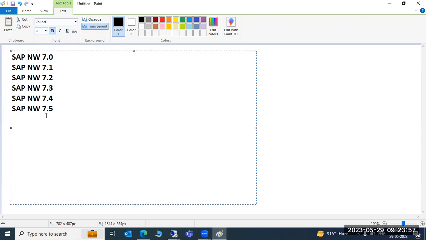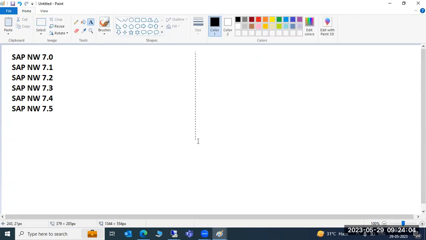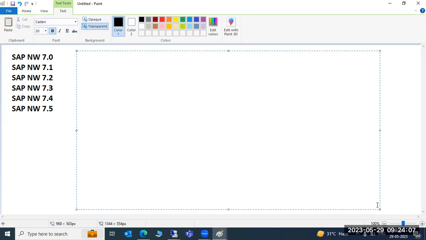So like that we have a number of versions in the market. But here, as part of our course, we will discuss the latest versions only. If I talk about ECC, we will discuss the ECC 6.0, EHP 8 version. Then SAP NetWeaver 7.5 on basic versions. For S4HANA, S4HANA 2022 is the latest version we will discuss. For HANA, we have HANA 2.0, SPS 07 as the latest version that we will discuss.